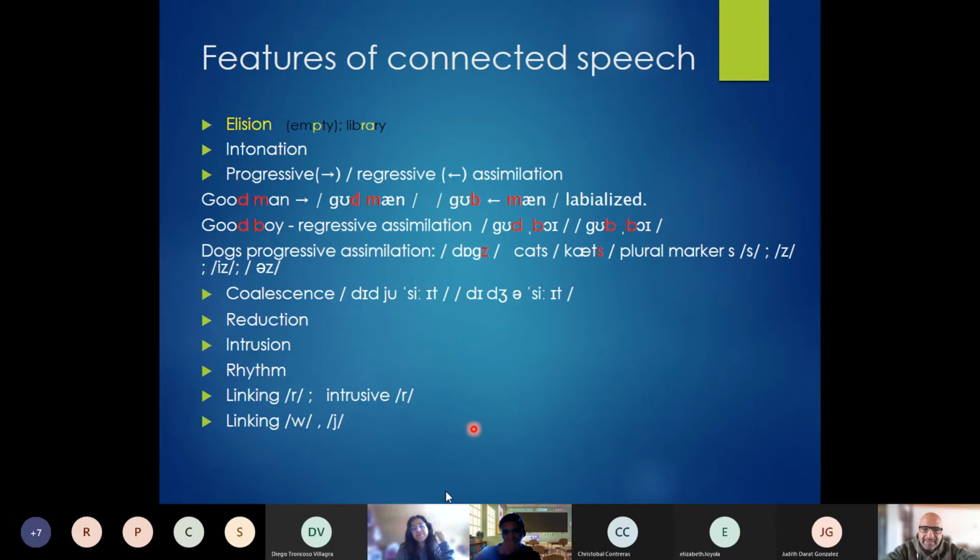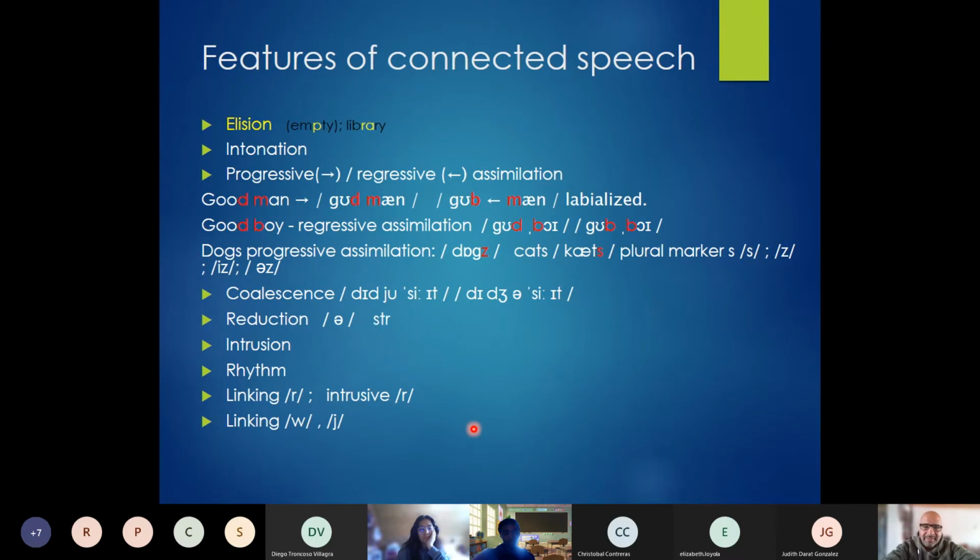What about the rest of you in this virtual classroom? Do you agree with the concept of reduction here? When you say "yeh" instead of "you", is that reduction? I absolutely agree, because we are deleting the long U to replace it with the schwa. Definitely. So basically, it is the replacement of vowel sounds, many vowel sounds, not just "you", for a schwa.